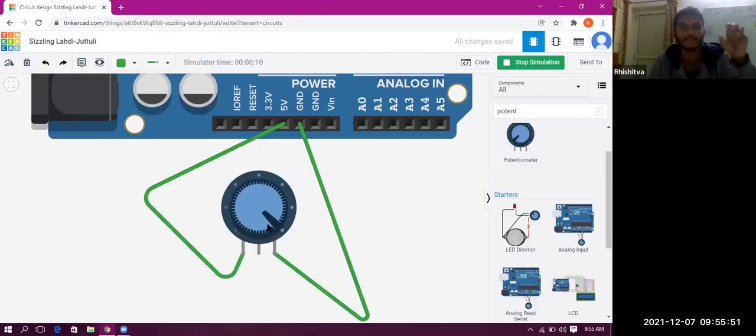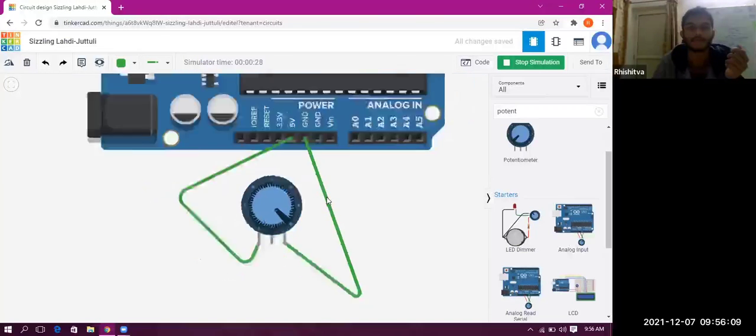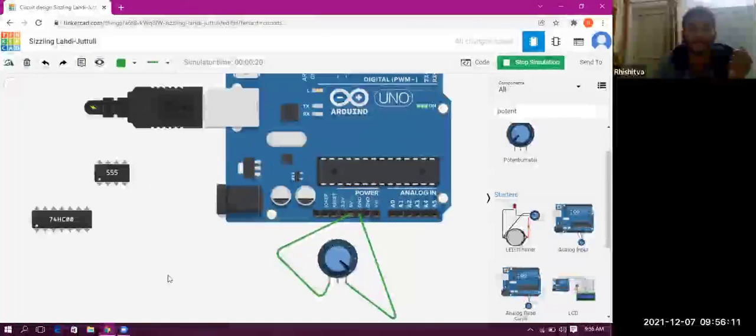This is similar to the voltage regulator of your fan, right? At your home, you must have a reading of 0, 1, 2, 3, 4, 5. So what happens over here? The resistance decreases. Let's say at 2, resistance decreases, so your voltage will increase. Over here it is 2 volts, and at maximum it will have 5 volts. So that is the function of a potentiometer.